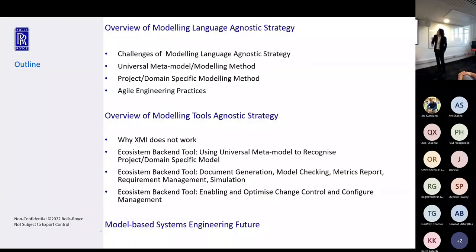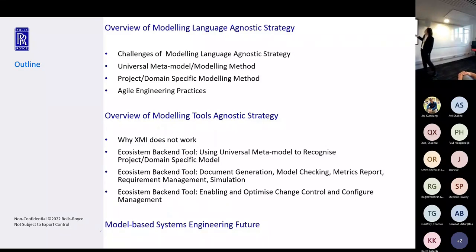Right, so the outline of today. I'm mainly introducing the overview of our approach on the modeling side, and then the challenges we face and why we reached that solution. That gives you a little taste of each detail, and then the agile engineering practice we do.